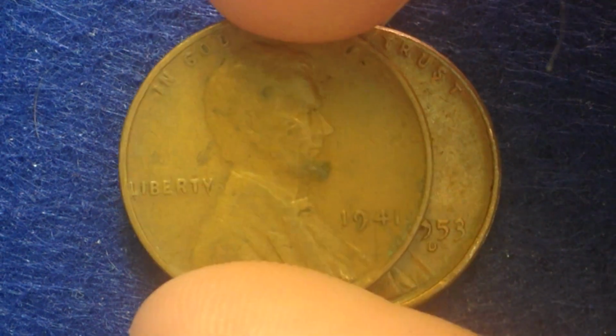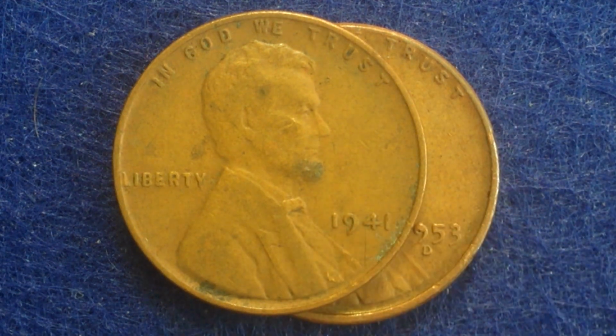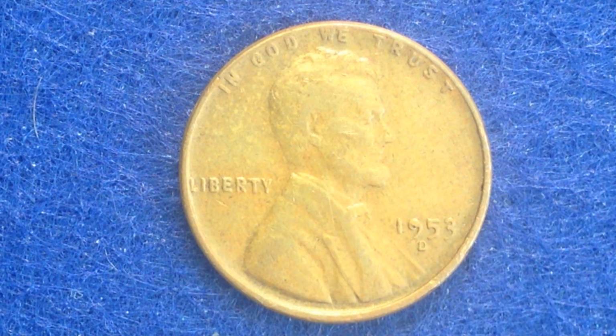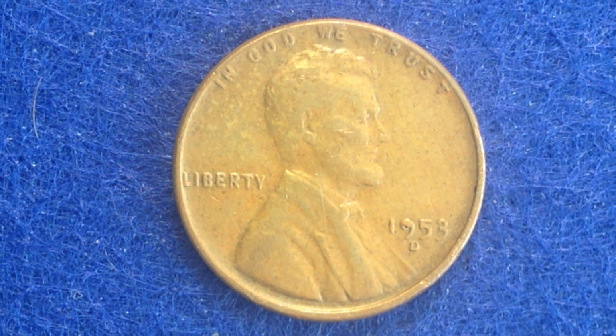We'll compare that to this one right here, which is a 1941 penny. See the difference between the 9 on the one on the top and the one on the bottom? The one on the bottom is known as a filled-in error penny. These are somewhat common with the 1950s penny, although they could happen anytime in the 1900s decade. So we'll talk about what caused these errors and what to look for when trying to find a filled-in 9